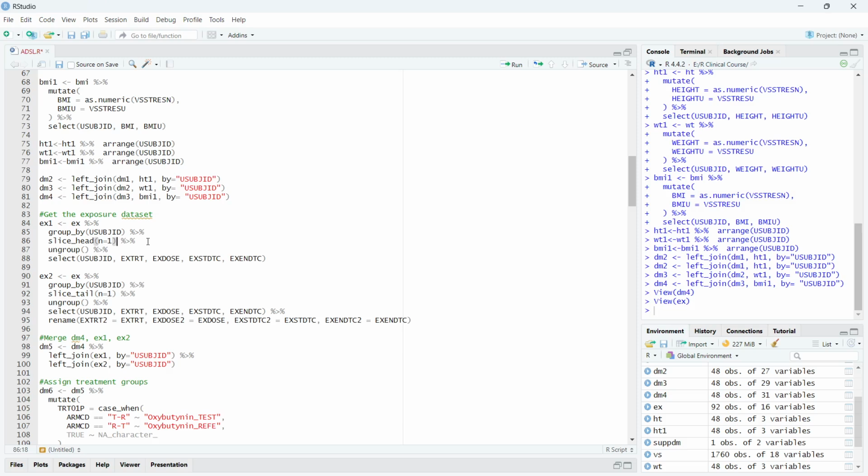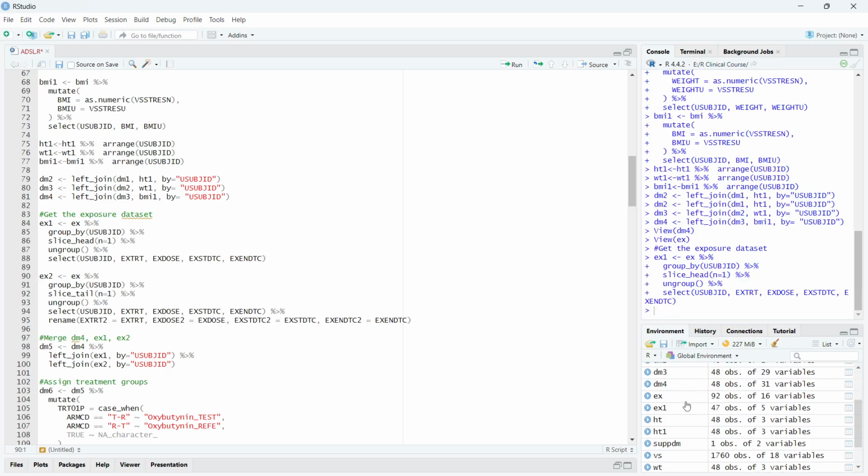So for that, we are considering the slice head n equal to 1 and ungroup, because after group by the unit subject, then we are ungrouping those subjects. Then we're selecting only the treatment related variables along with start date and end date, unit subject id, except those, and start date and end date. Okay, when you check this one, ex1,